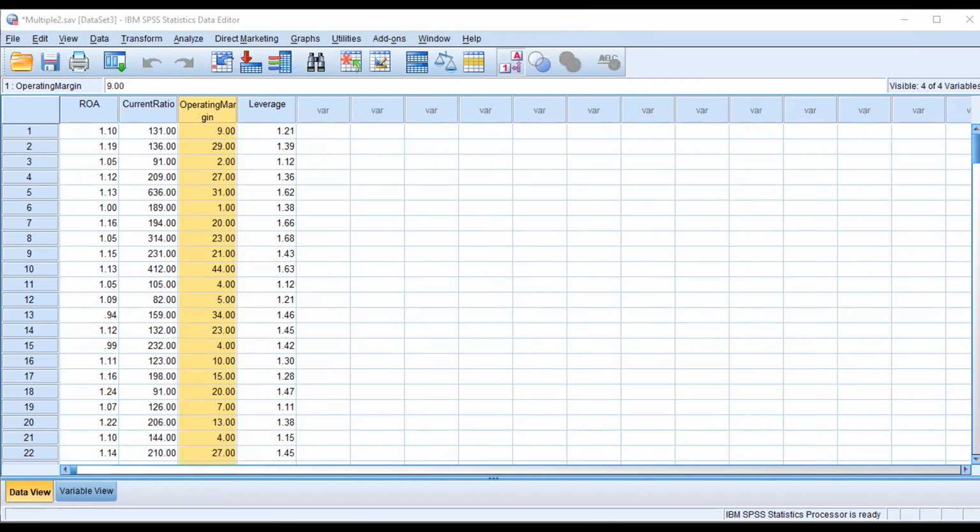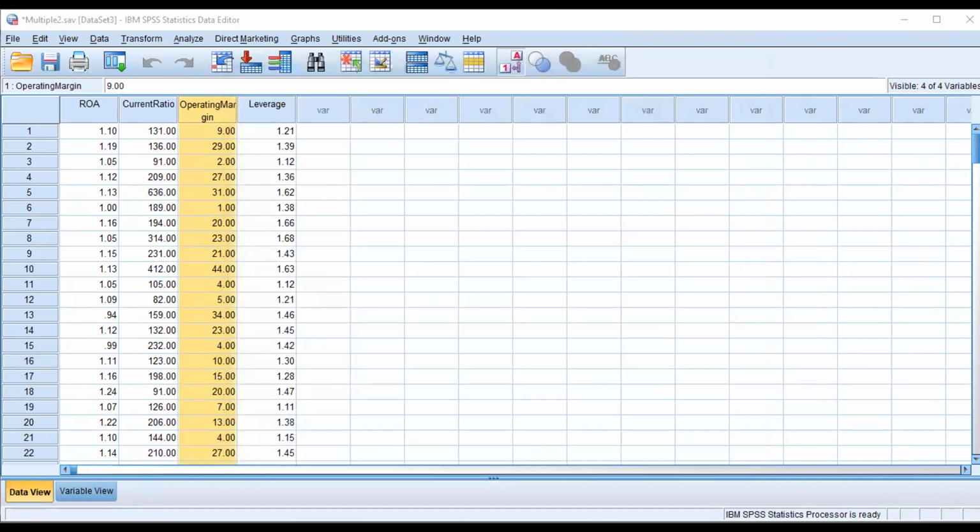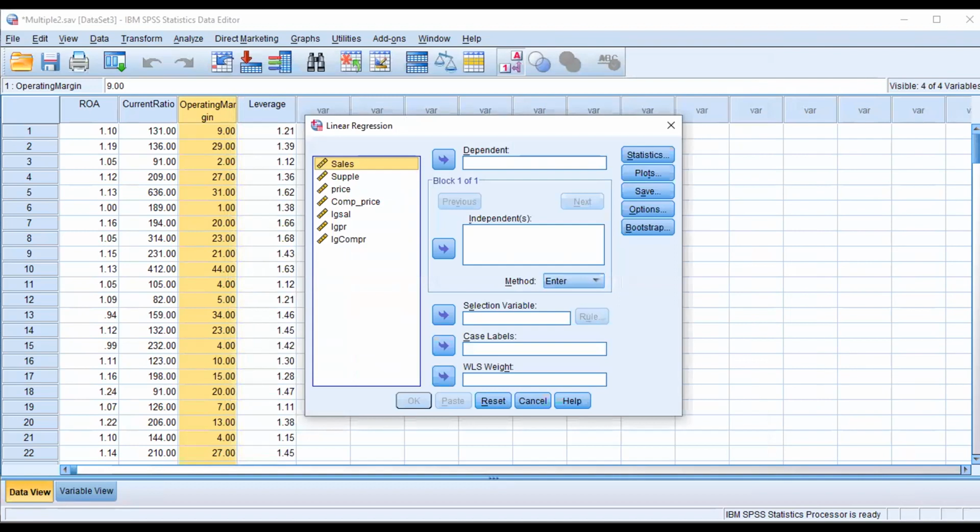Competitive price can also impact your pricing strategy and sales volume. Suppose I reduce my prices, then I'll get a change in sales. Now I have these log values, and further we will proceed with the simple linear regression model. Instead of these two, we will work on these new variables.